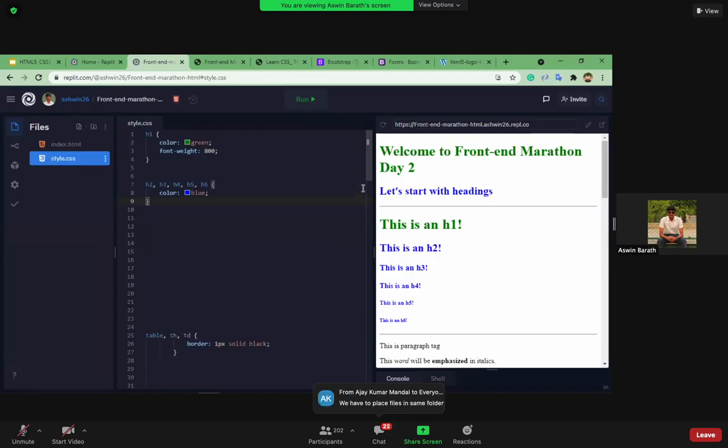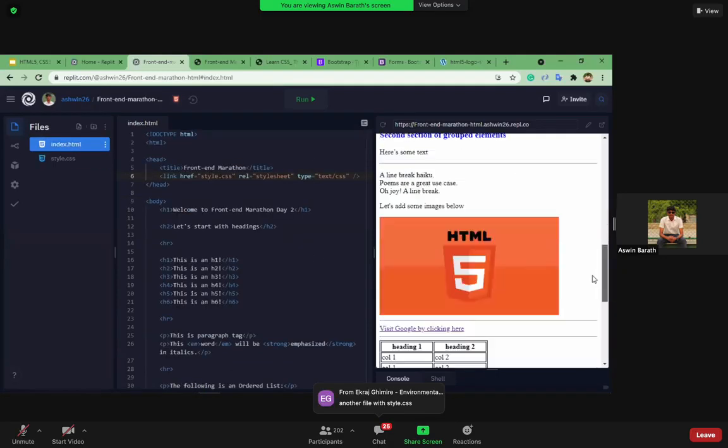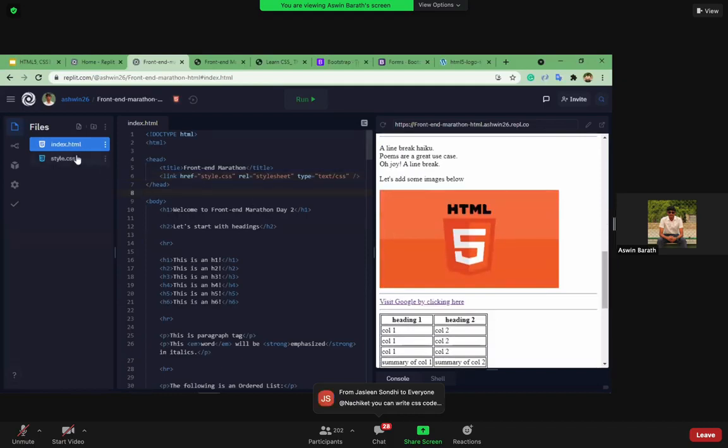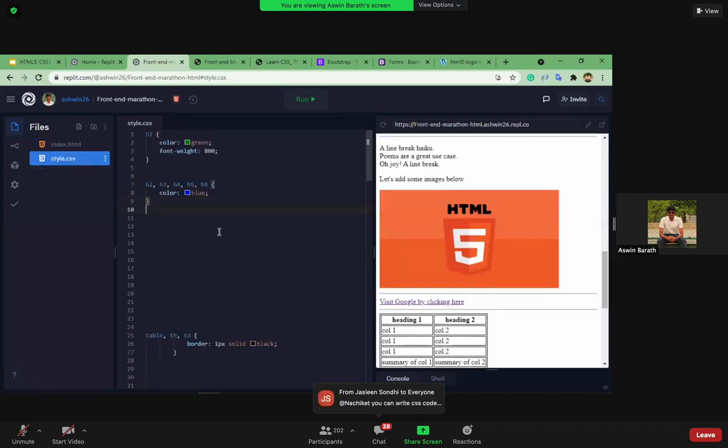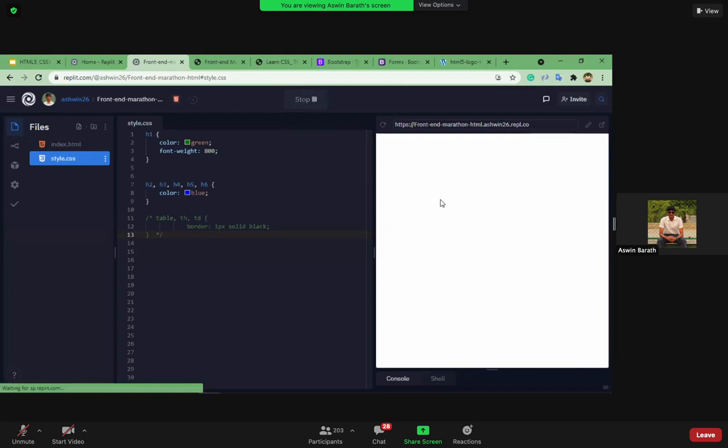Previously we were providing this border using inline or internal styling, right? So now I have provided it separately over here. If I try to comment this out, in CSS we comment it using /* and */. So this is how we comment code inside CSS files.